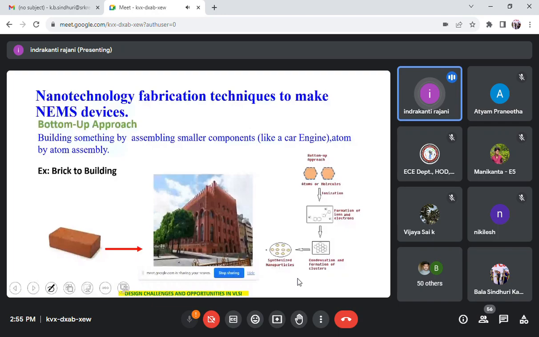And bottom-up approach means building something by assembling smaller components, like a brick to building, or like a car engine, atom by atom assembly. First of all, you work on the semiconductor materials. In semiconductor materials, we have intrinsic semiconductor and extrinsic semiconductor. You take extrinsic semiconductor because, as you know, extrinsic semiconductor is more pioneering than intrinsic. In the extrinsic semiconductor, you consider P-type semiconductor and N-type semiconductor. And those semiconductor materials you take from the periodic table, 3-5 or 2-6